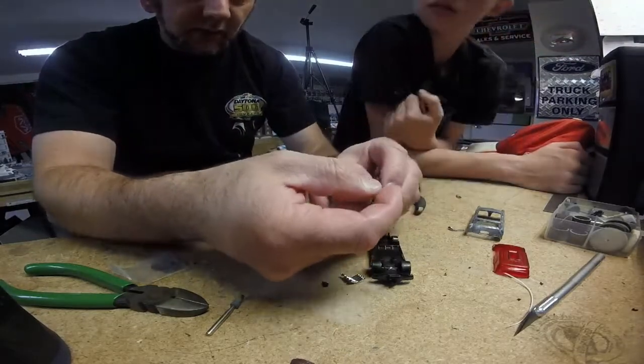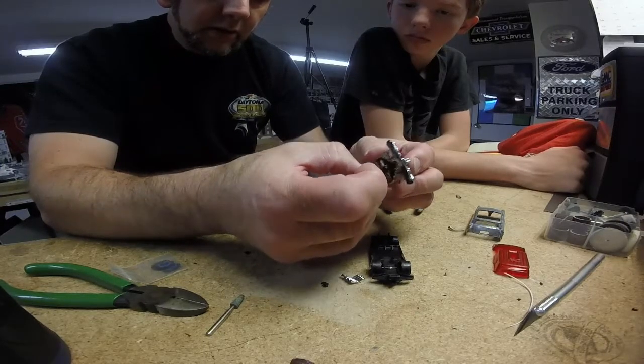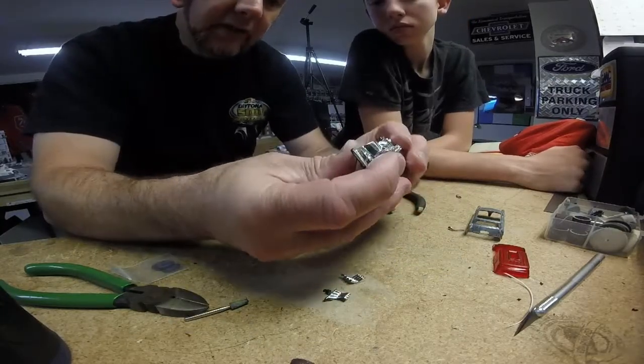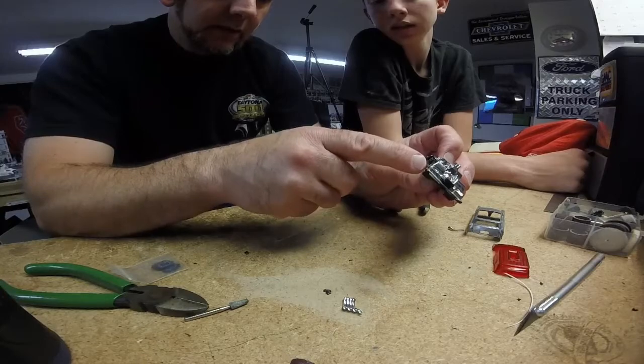I think that's gonna rub. That's definitely gonna rub the tire. They'd have to be further forward, so we may have to, or just cut them. How much does that sit above? Oh, that'll work. So if we cut the chassis out right there,